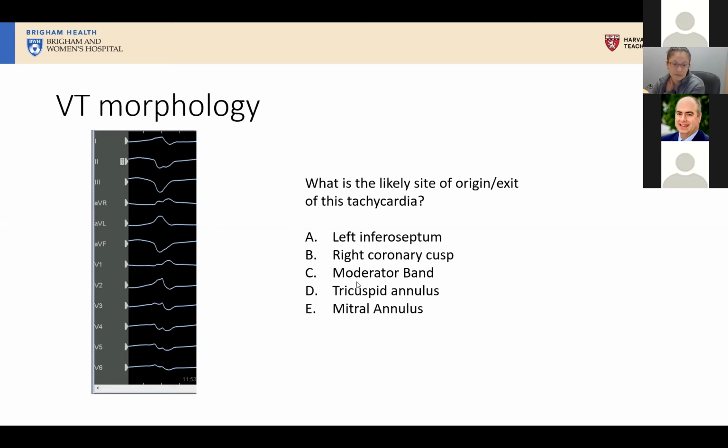Okay, great. Okie doke. And so most everybody said left inferoseptum. This was probably too easy, this one. So this one I didn't think was going to be a very difficult case, to be honest with you. It's a narrow